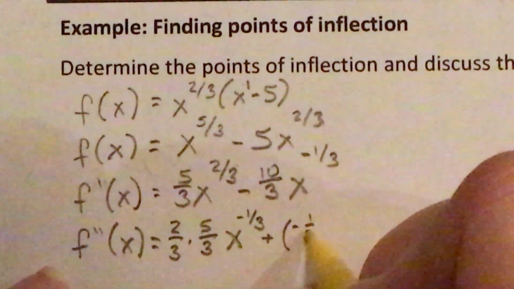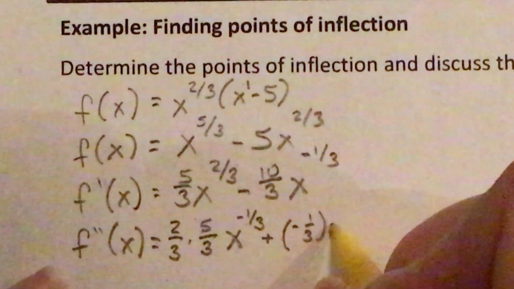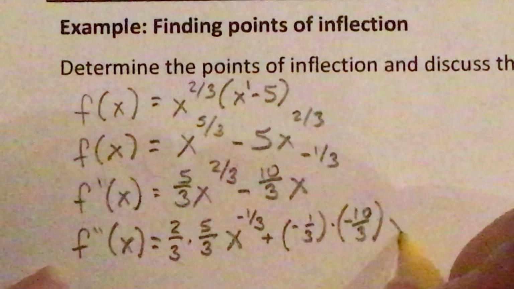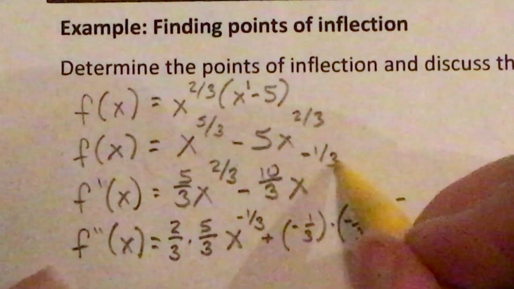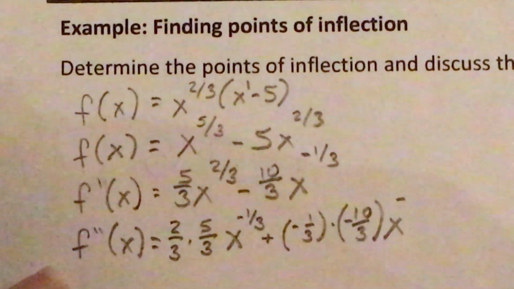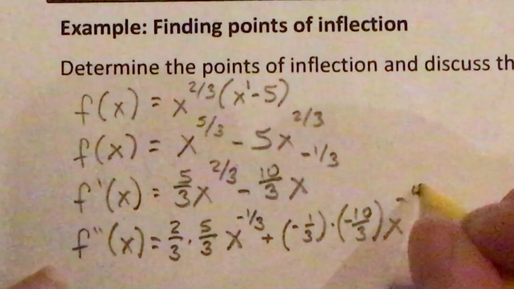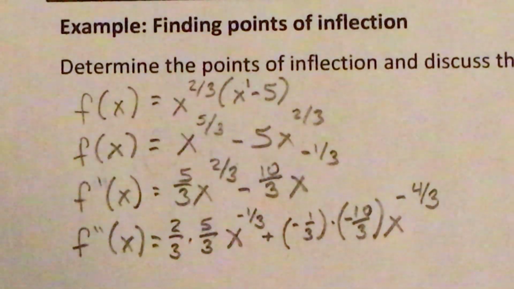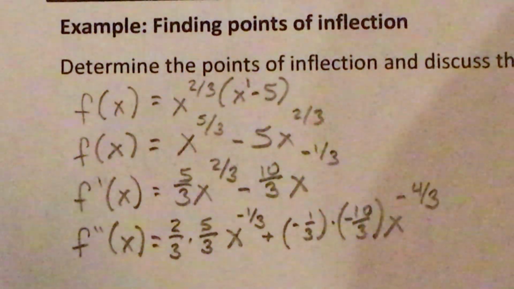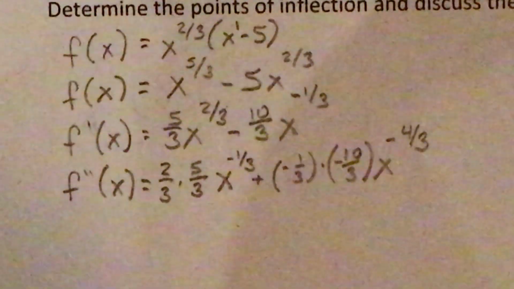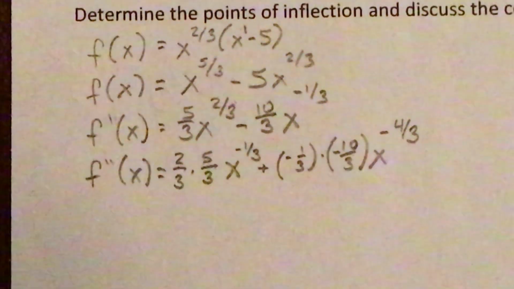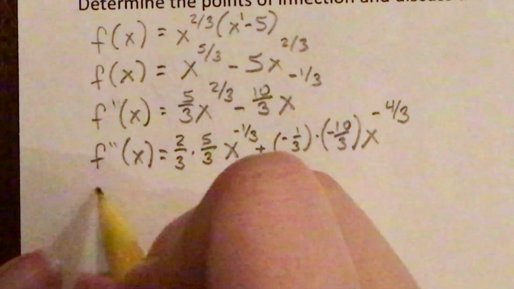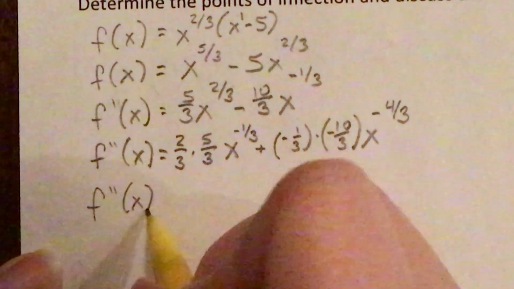Plus negative 1/3 times negative 10/3. X to the negative, and then negative 1/3 minus 3/3 is negative 4/3. Okay. Multiply those fractions, top times top and bottom times bottom. And as we do so, I will move any x with a negative exponent down to a denominator. So it's f double prime of x equals